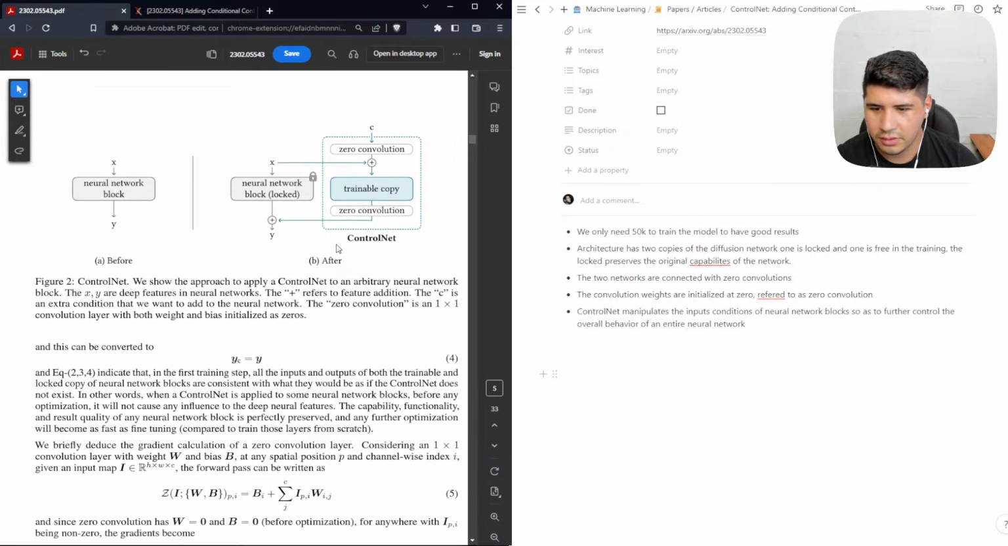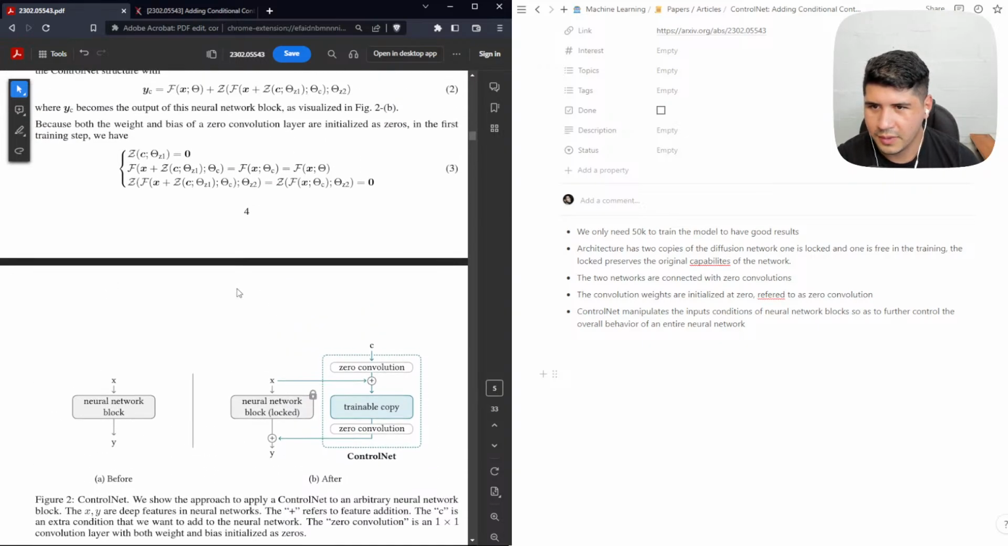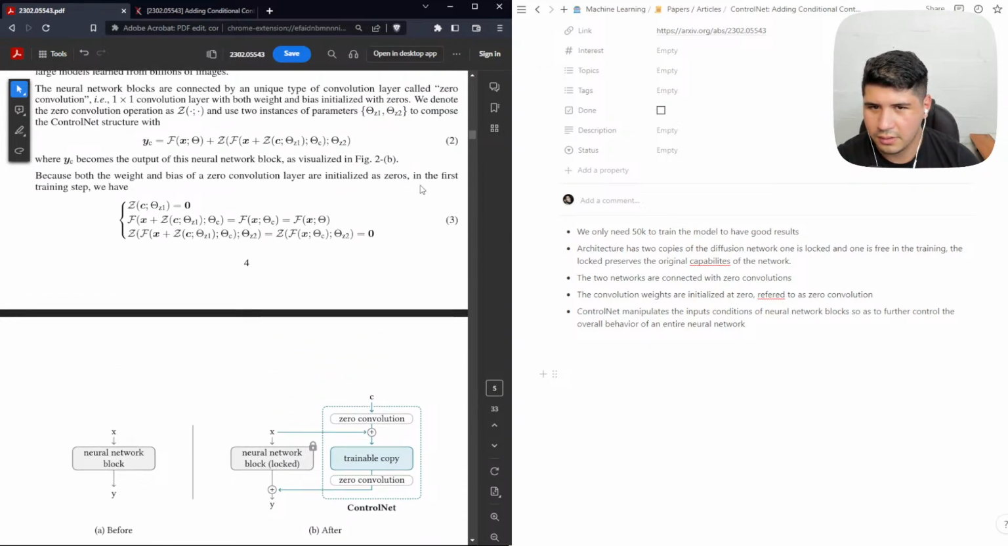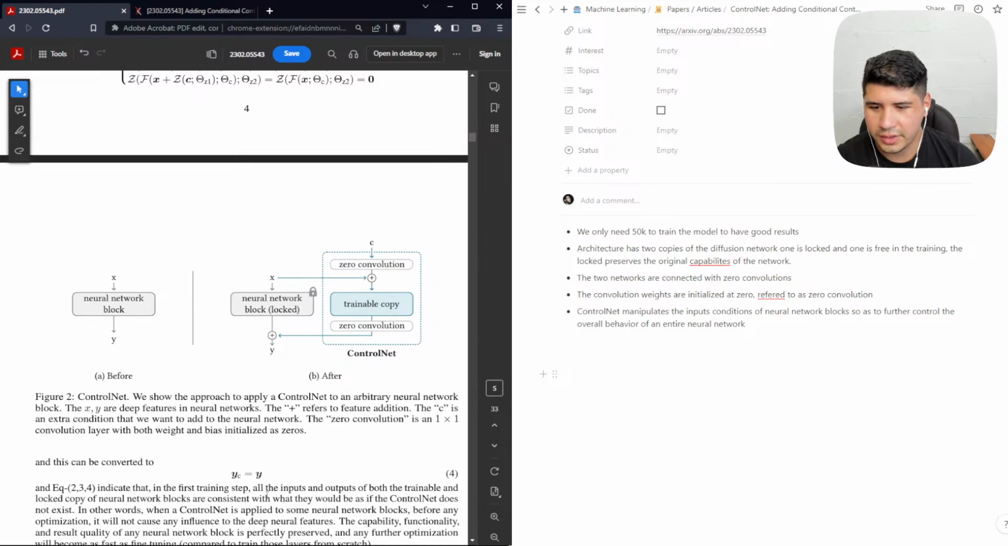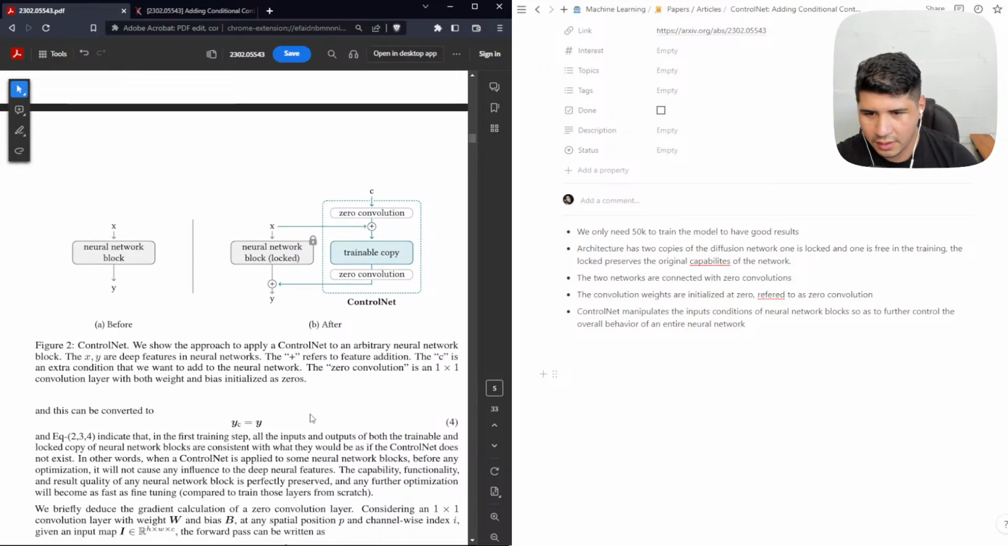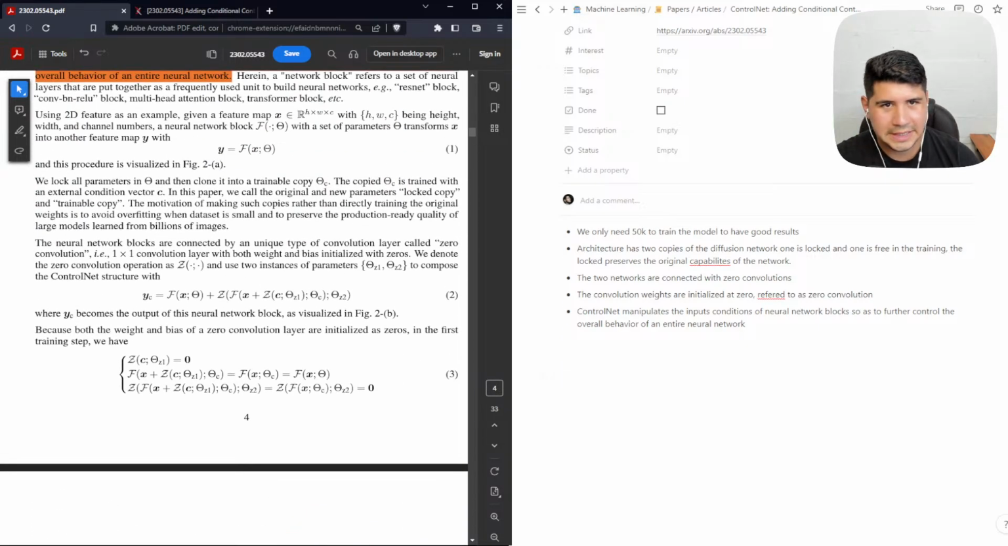Oh, nice. So in the first training step, the trainable copy doesn't add anything to the logged one. So that's rather interesting. Okay, let's note this thing because I think